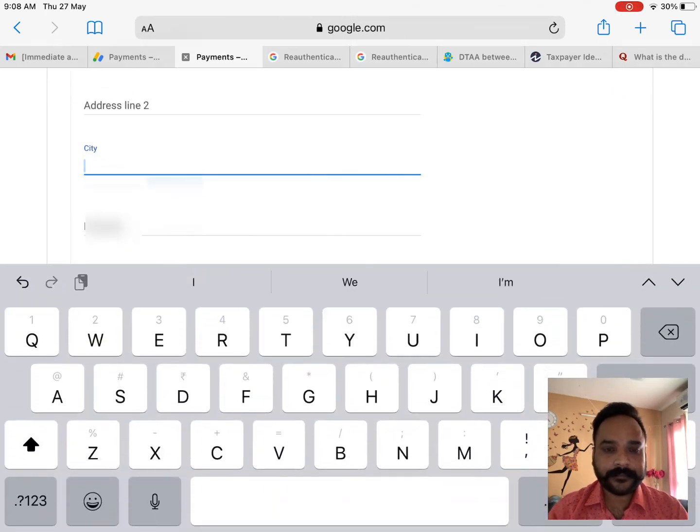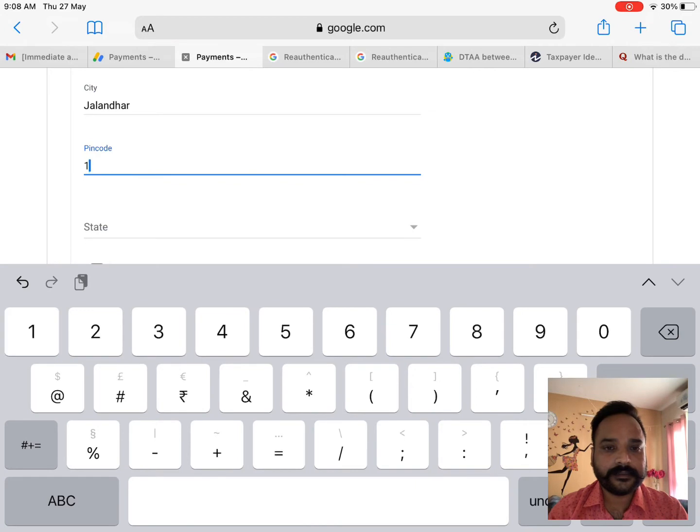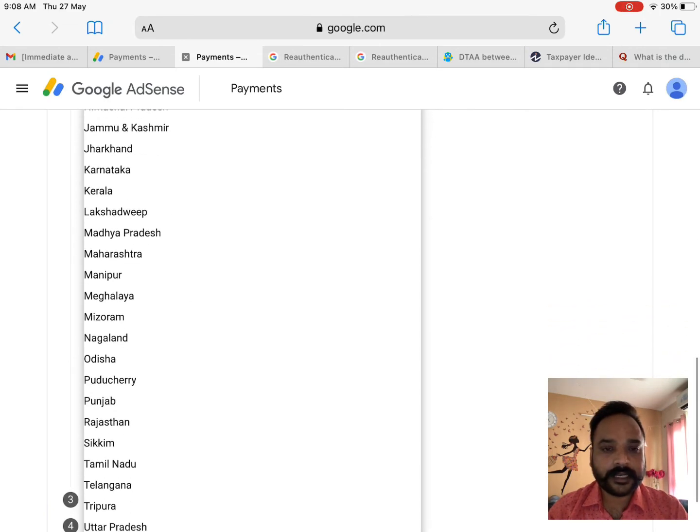Now city. I belong to Jalandhar, so I am going to fill in Jalandhar. Now the pin code. And the last field is state. I belong to Punjab, so I am going to select Punjab here.